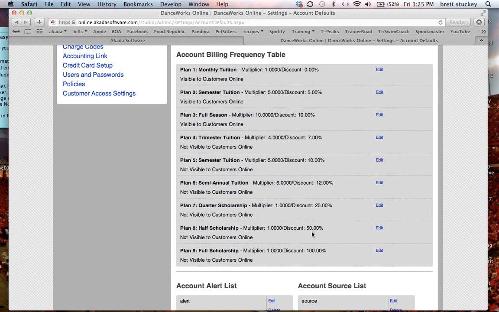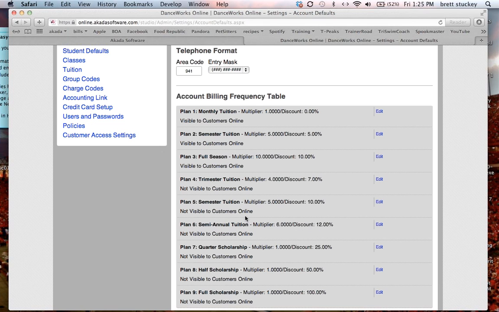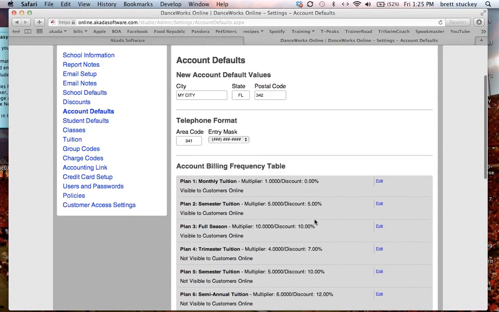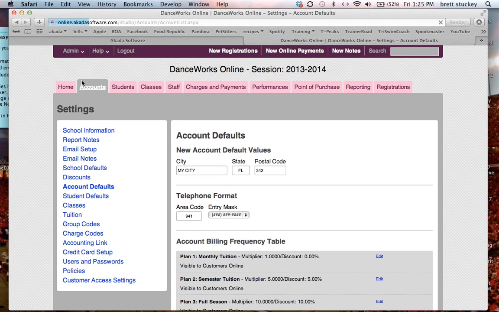When you actually go to charge their tuition, it'll show up as zero if they're 100%. It would charge them, but it would be zero, or it would give them 50% off. So an easy way of keeping track of that. So let's actually look at this in play here. So if we go back to our account,